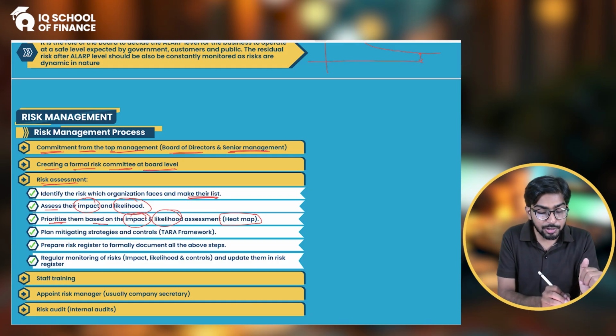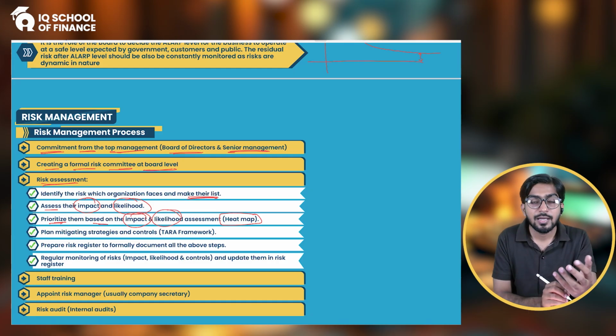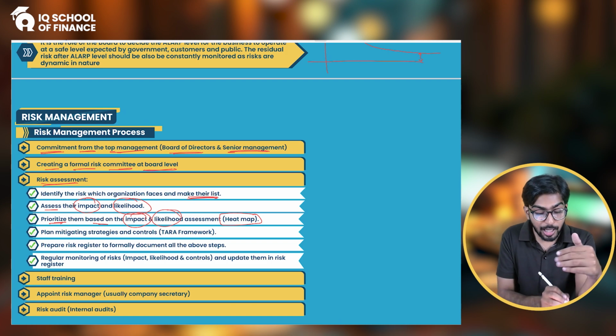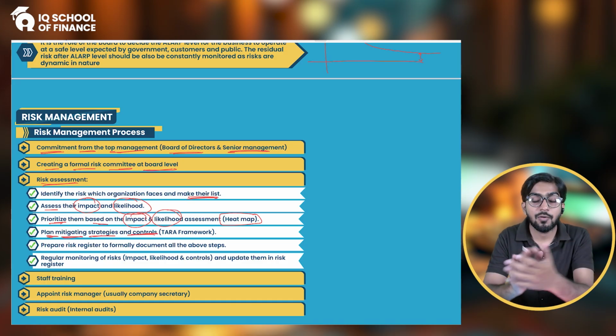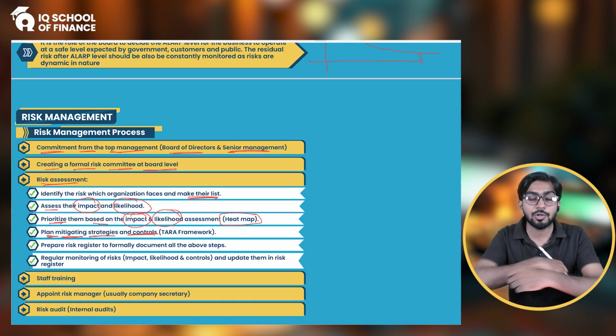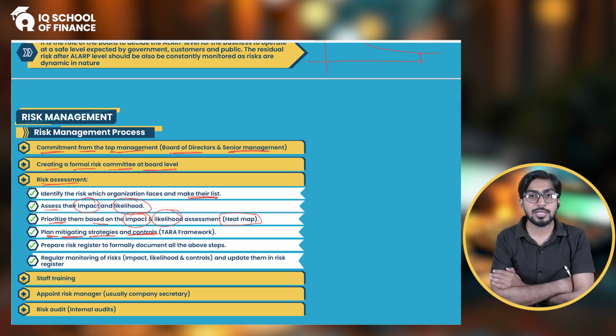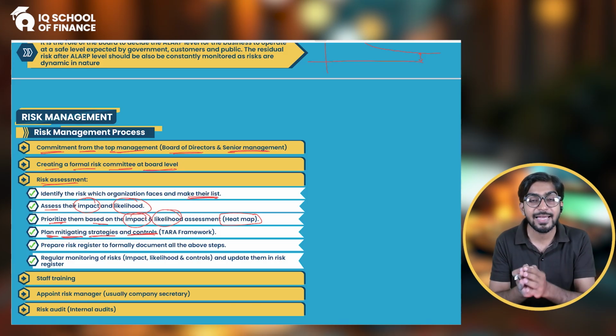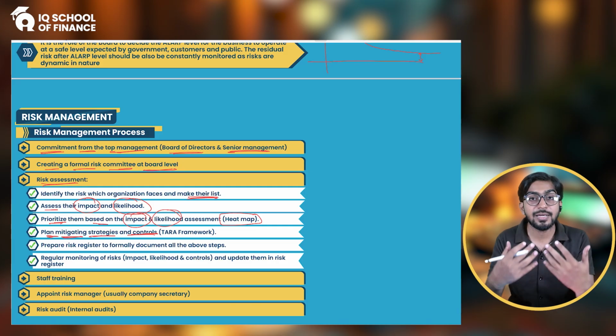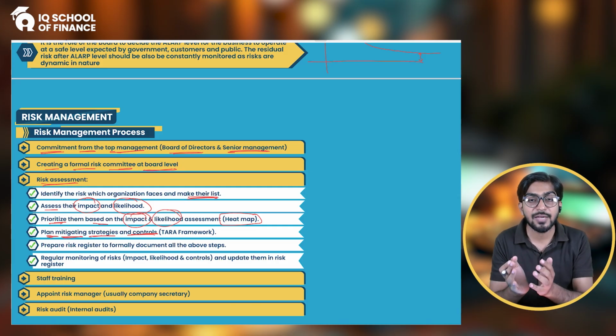All right. And then once you have prioritized them, now you get to know which are the serious risks and which need your immediate attention. So now you are going to plan the mitigating strategies and controls. Obviously, once you have identified them, you are not going to fold your hands and see, okay, these are the risks, and pray to God that please remove this risk. No, no, no. You are going to plan the strategies. You are going to plan the mitigating actions to safeguard from them.